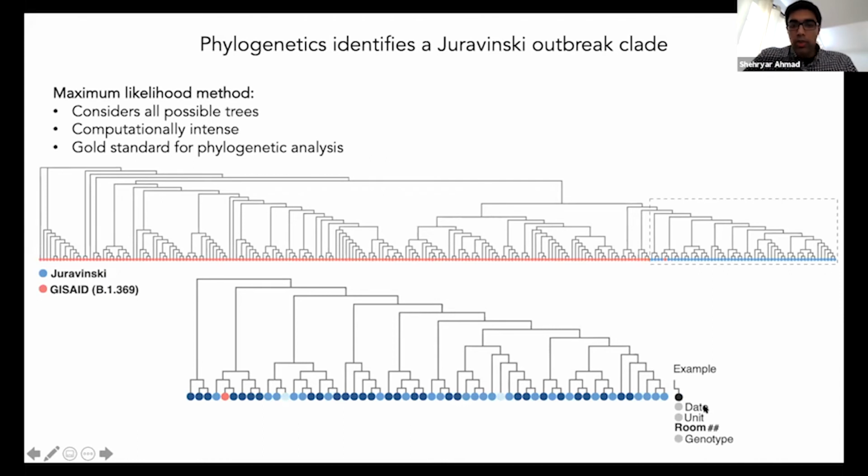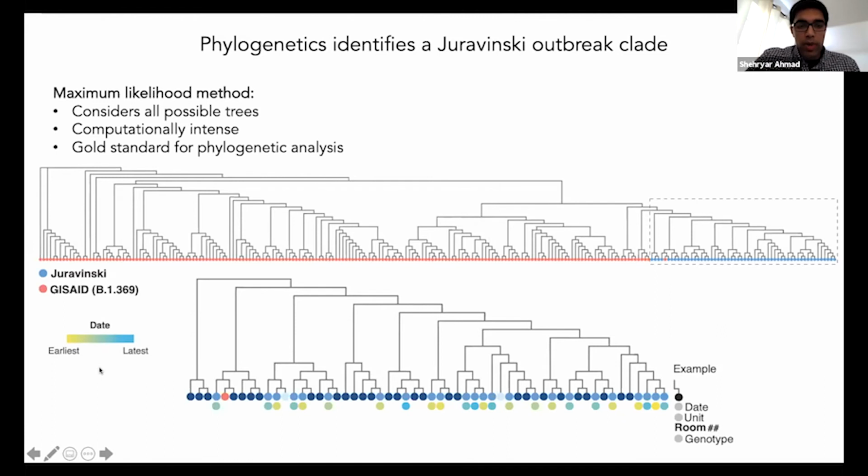metadata that we incorporated. So we wanted to incorporate date. So this is just a, I guess, dummy node and spot here, just as an example. And so we wanted to incorporate date, the unit and room number, as well as genotype. So for date, we used this gradient, where yellow defines the earliest time points, blue defines later time points. And what you can probably appreciate is that there's no real, easy to identify trend that occurs in this data set. There's a mix of yellows and blues across the board, which